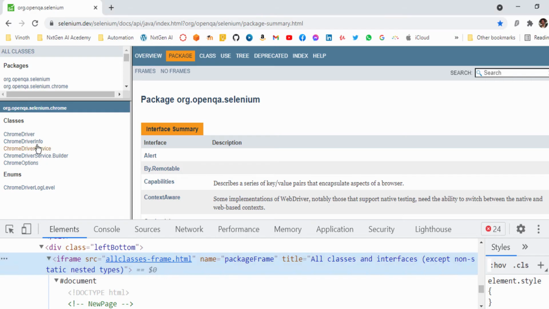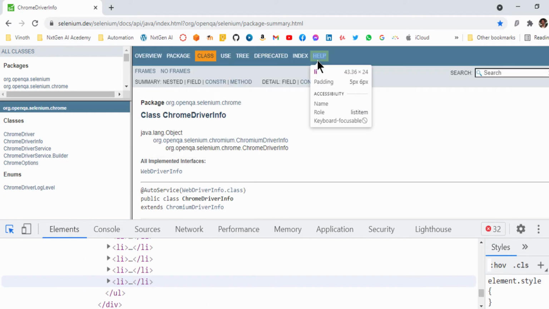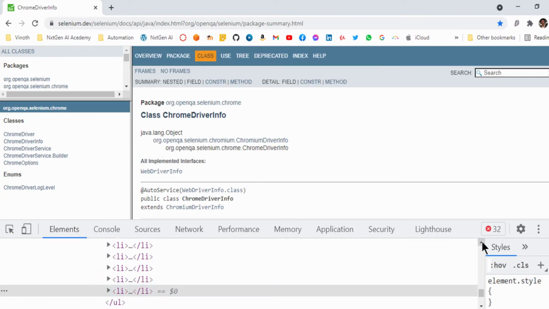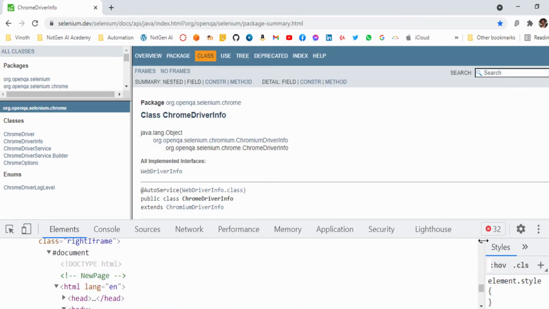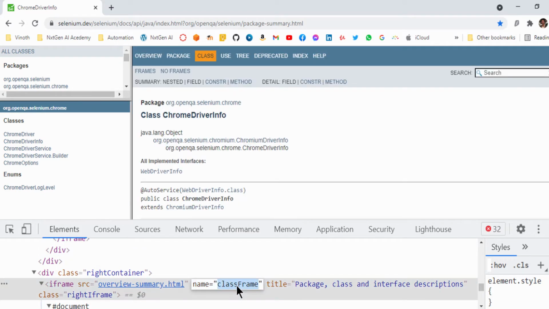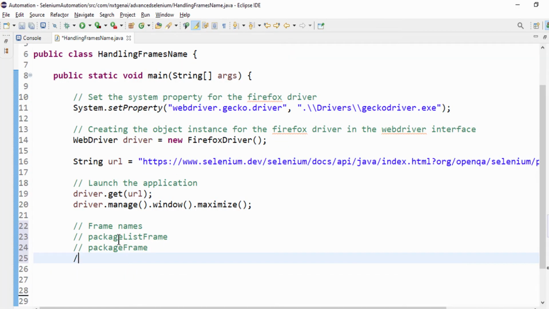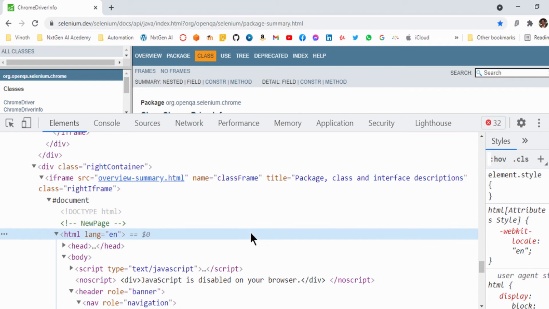Same way, as per the requirement, we have to click on help link, scroll up, body head, then you can see iFrame. So the third name is class frame. So this is how you have to do it, or else the simplest way is click here in the keyboard